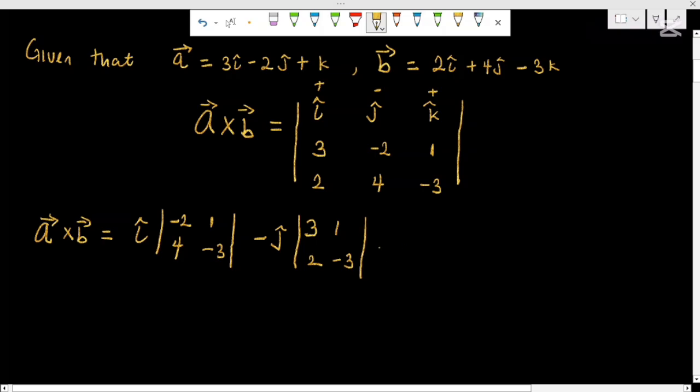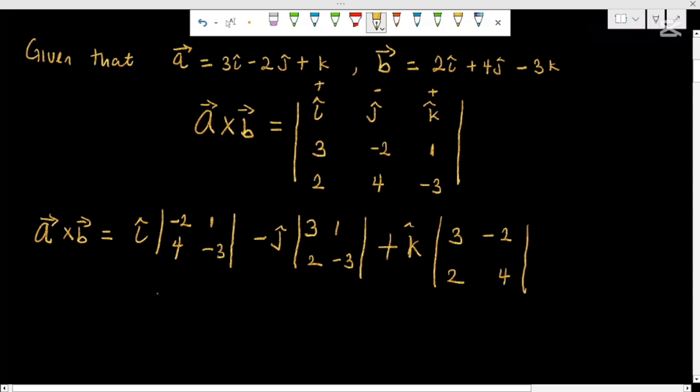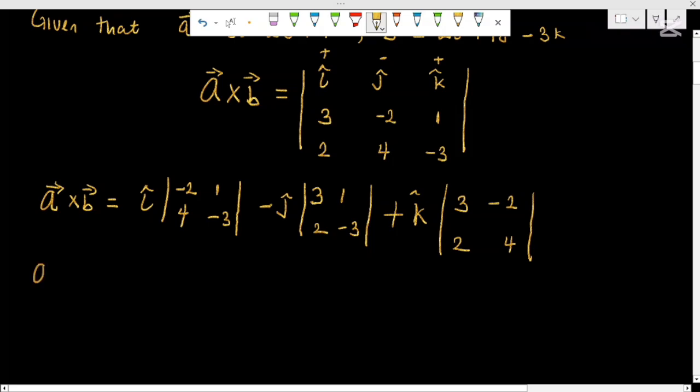Also, we pick k. For k, we close the first row and the third column. We are left with 3, minus 2, 2 and 4. So from here, A cross B will be equal to i into minus 2 times minus 3, that is 6, minus 4 times 1, that's 4,